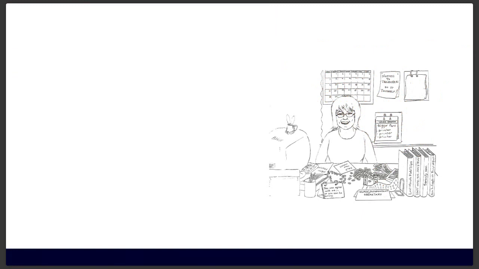Okay, so if you take a look at this picture, ask yourself if this is familiar to you, if this scene is something that you can relate to. Paper calendars and binders and piles of money and sticky notes and all these different ways of collecting information and managing things. This could be an office manager, a school owner, a director, or a teacher. All the while she's sitting beside a computer that could actually manage all these tasks with the right software,